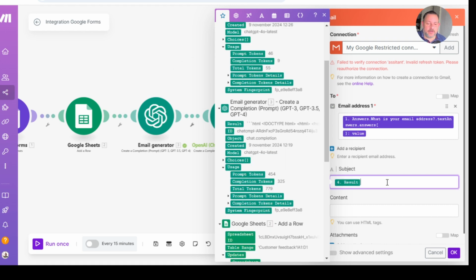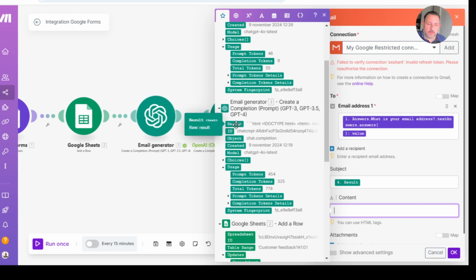And now we go for the content. For the content we choose the result from the email generator. And this is almost the part to set it up. But we need one important thing, and that is we must replace the HTML signs from the email. So we're going to type replace,